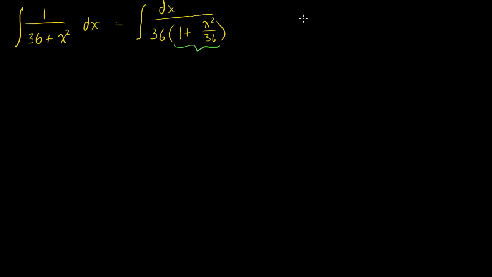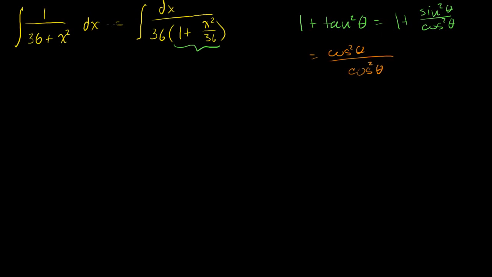is 1 plus tangent squared of theta. And let's prove this one. Tangent squared of theta, this is equal to 1 plus, just the definition of tangent, sine squared of theta over cosine squared of theta. Now 1 is just cosine squared over cosine squared. So I can rewrite this as cosine squared of theta over cosine squared of theta, plus sine squared theta over cosine squared of theta. Now that we have a common denominator,